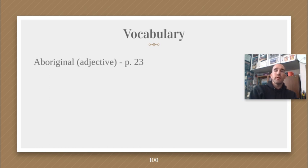Our next word is the word Aboriginal, and it is an adjective. It is going to be describing something. It's found on page 23. Go ahead and turn to page 23 in your text. And Aboriginal,